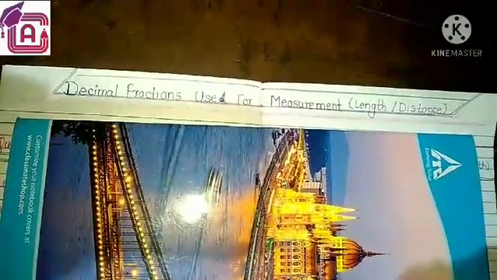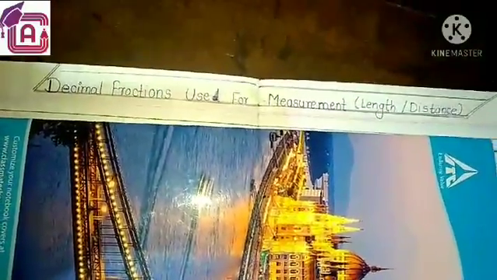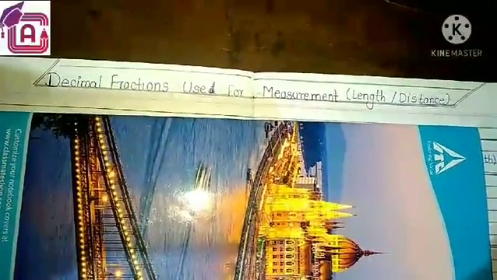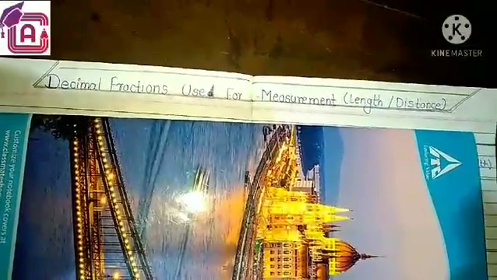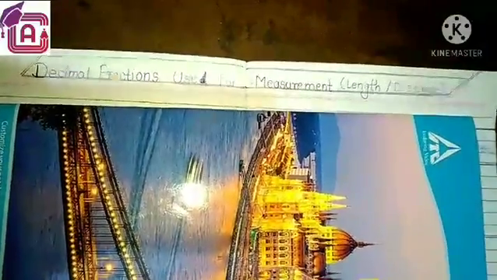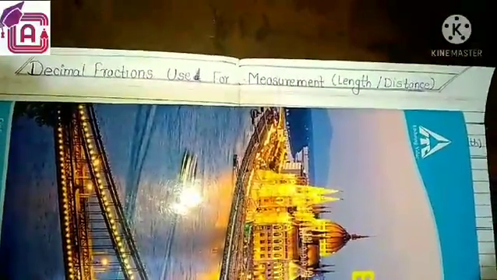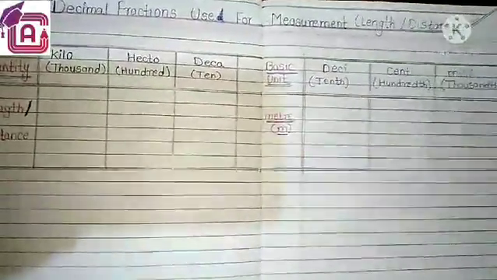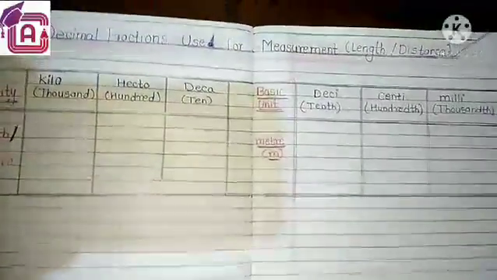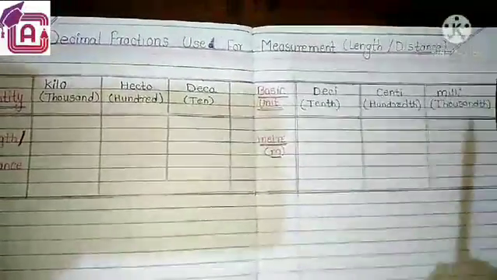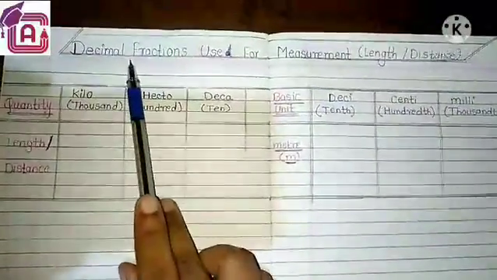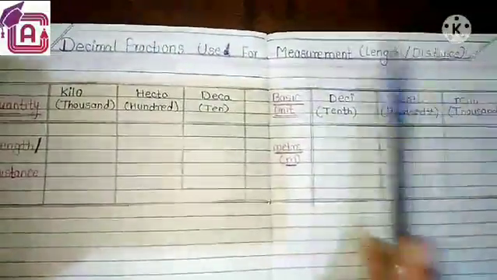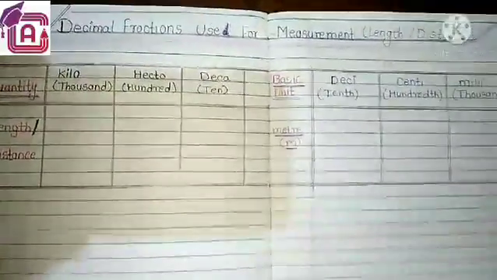material, and for that we use different units. Sometimes we measure length and distance in meters, centimeters, kilometers, like that. Along with that there are other different units for the measurement of length and distance that we are learning in this video: how the different units are used, how the conversion between them occurs, and how decimal fractions are used in this conversion of units of distance. That we have to look at in this video.